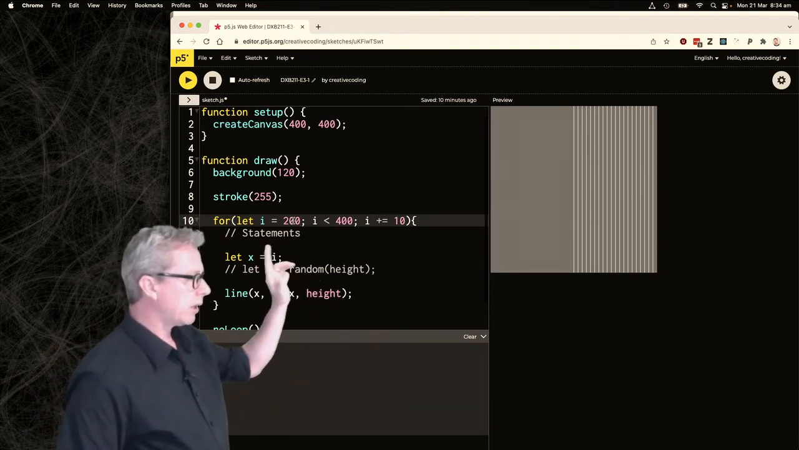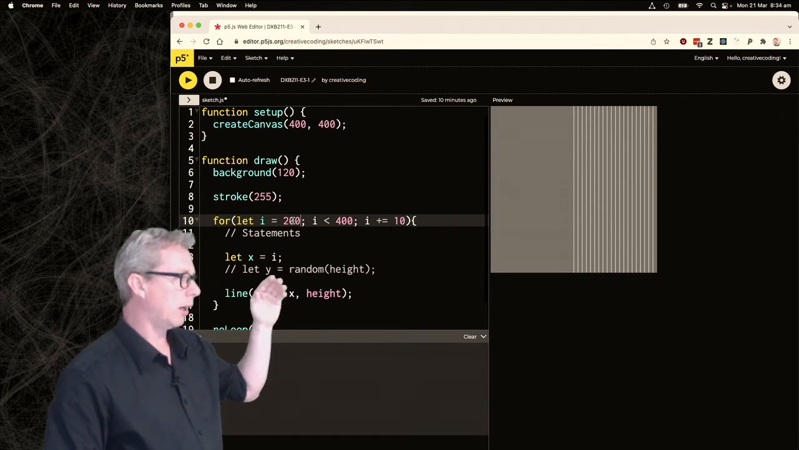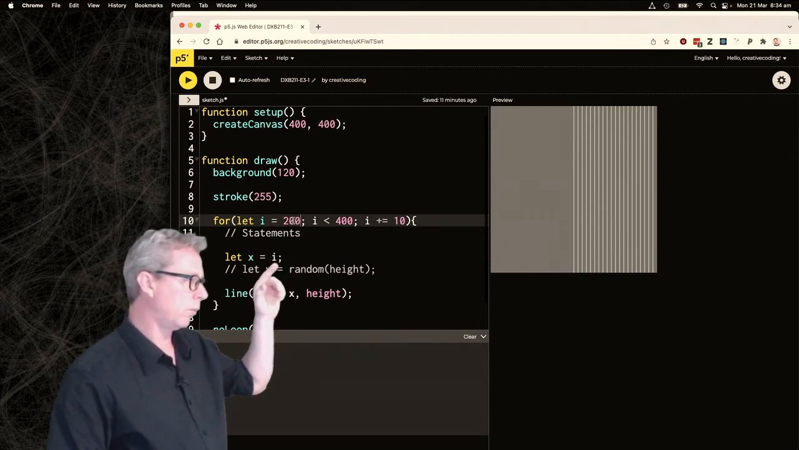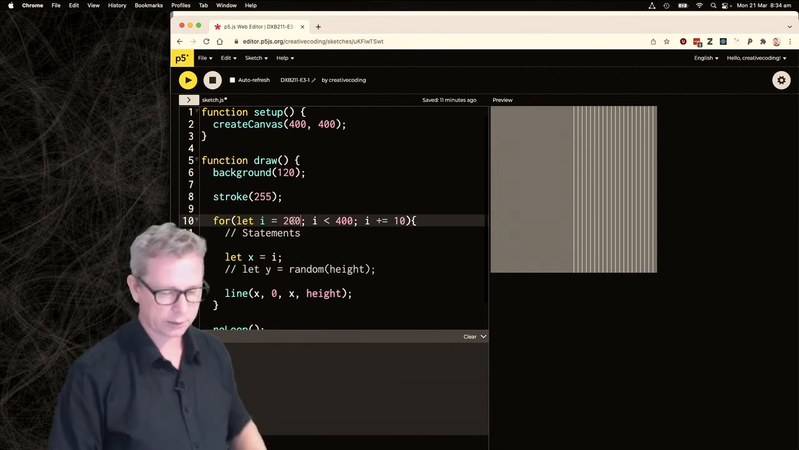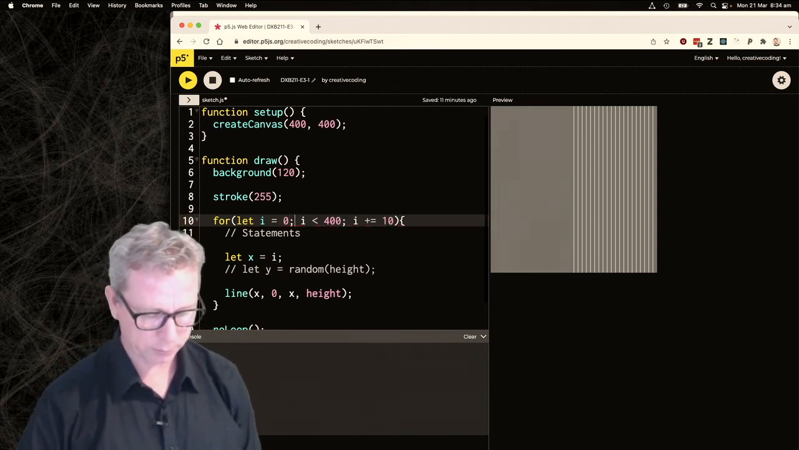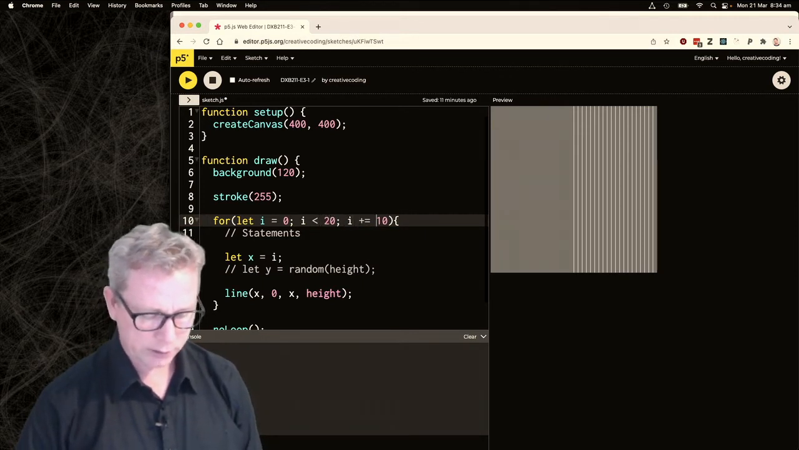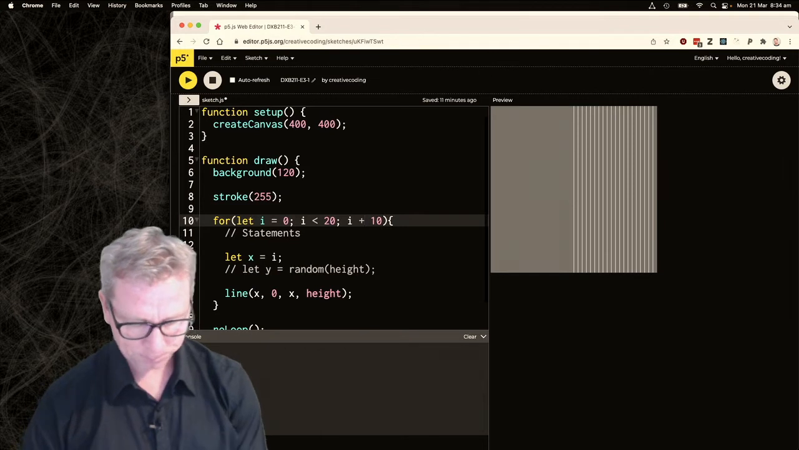So let's just think a minute for how many times it's looping, right? We've got 20 lines going across the page there. So if we just write that as a for loop from 0 to 20, where i is increasing by just 1 each time,